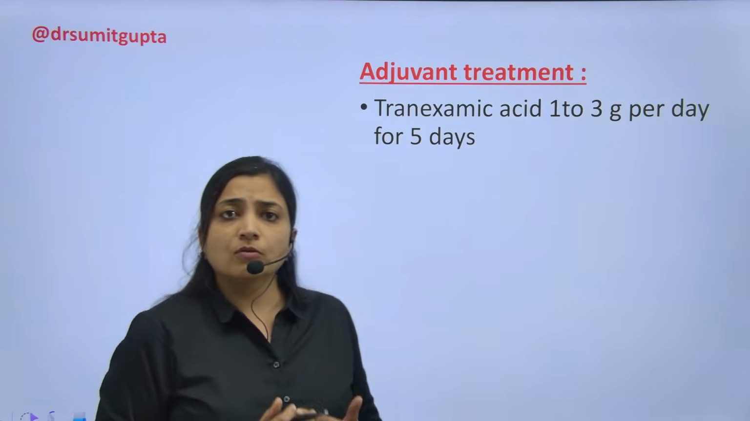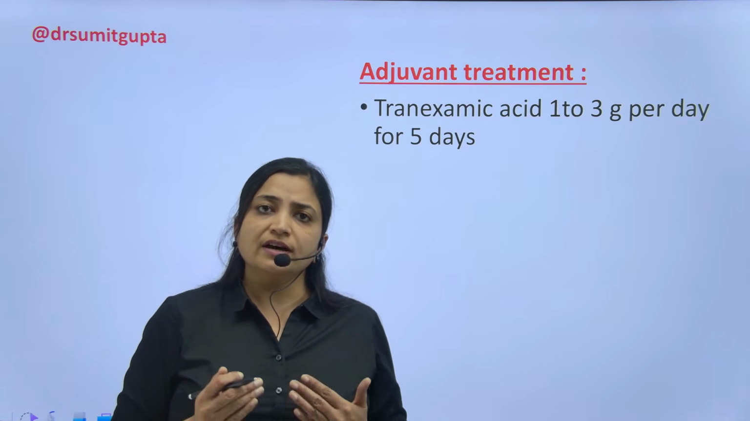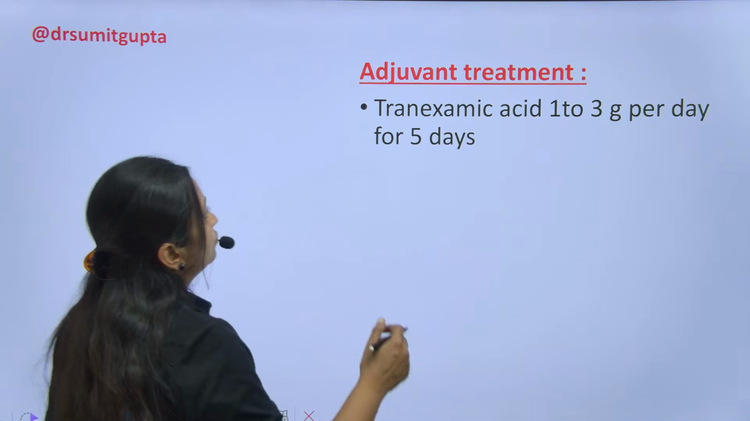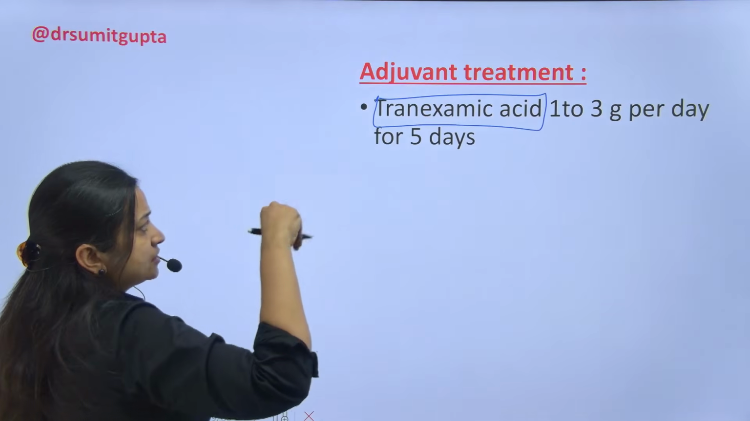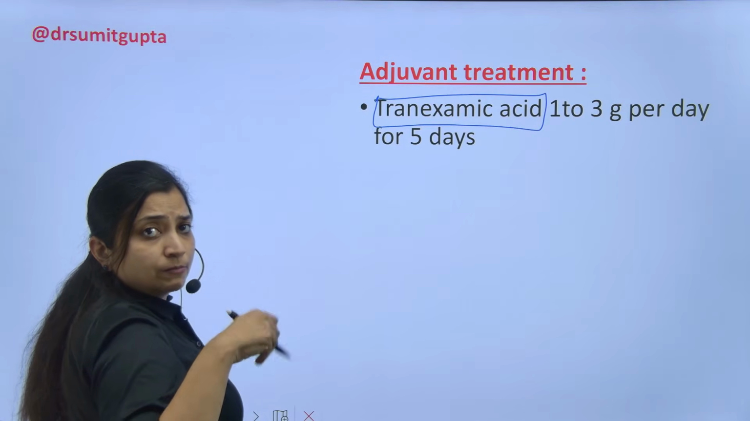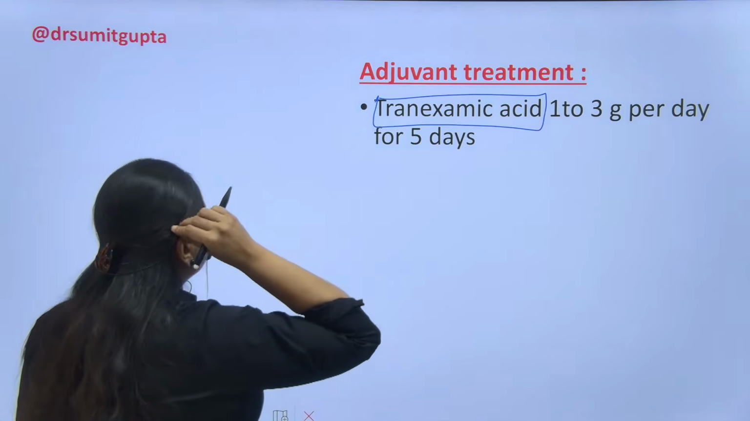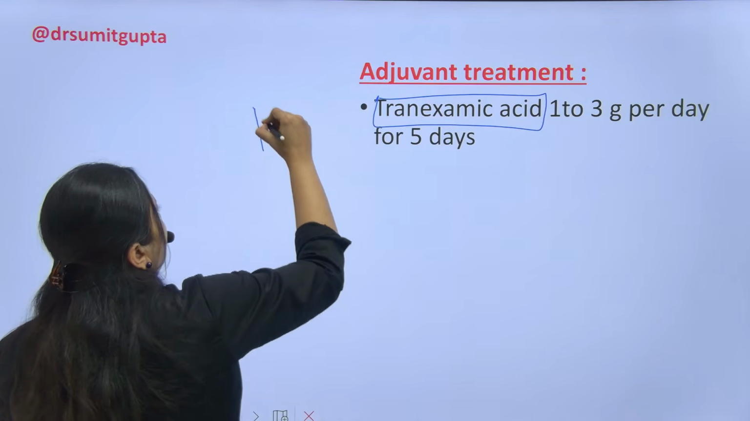This was all the hormonal treatment which we were using to arrest the blood loss. Adjuvant therapy like Tranexamic Acid is also very useful. It is used in the initial 5 days to stop the bleeding in a very fast way. Tranexamic Acid is an